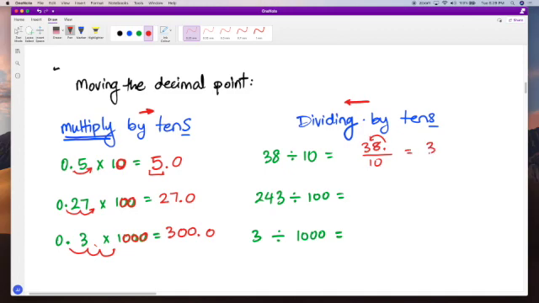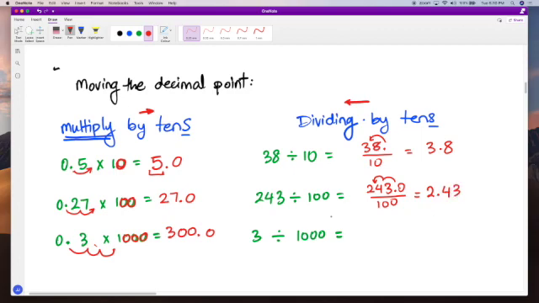The answer is 3.8. Over here, you see I have 243. The point for a whole number, the point is always after. And you're dividing by 100. That means 2 zeros. So the point is going to move 2 spaces. I will end up with